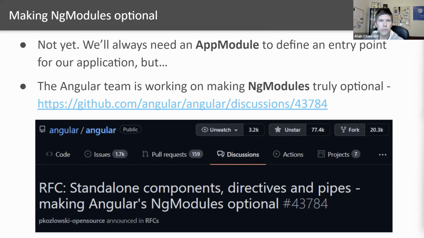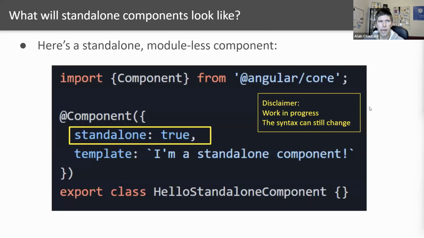This proposal coming from the Angular team to have standalone components, directives, and pipes is going to achieve the same result in the end. So how would that work? The way it would work is we would create a component, and inside the decorator of our component, we would add this option, standalone: true,